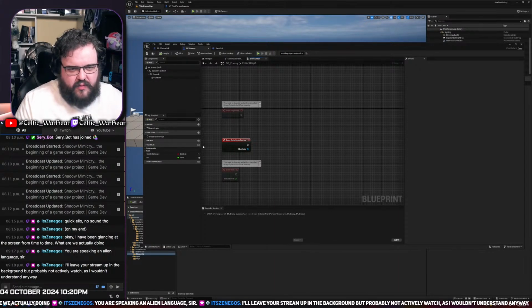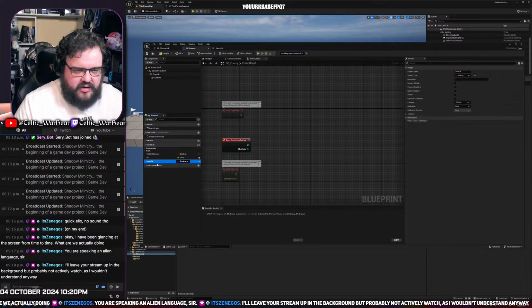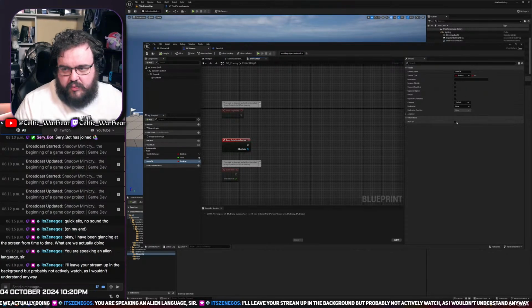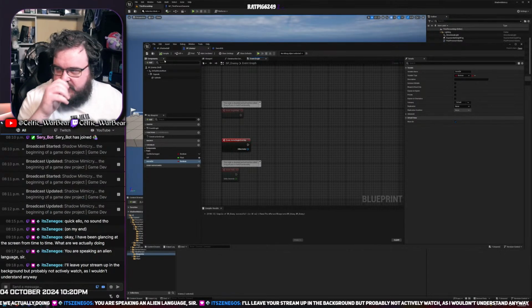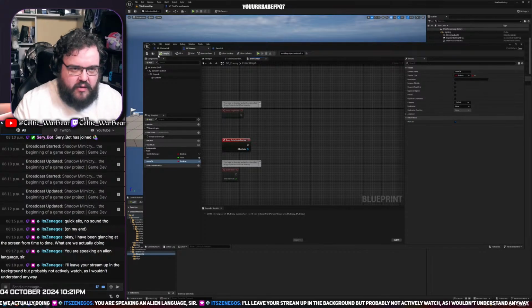So if we were doing that, you'd have move direction, Boolean. If it is positive, we are moving right. If it's negative, or if it's true, we move right. If it's false, we move left. So,